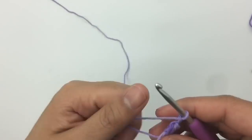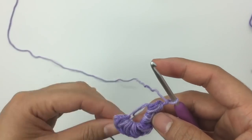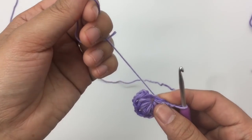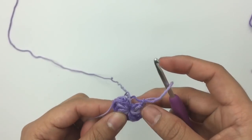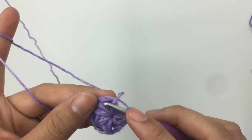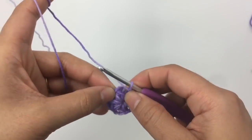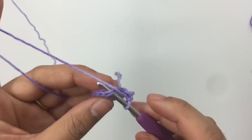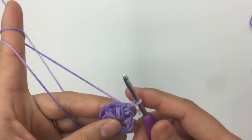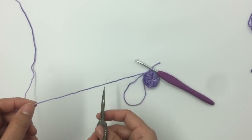All right, and now when you have 6 puff stitches into this ring space, you're gonna pull this tail tight to close up the hole, like so. There you go. And then we're gonna slip stitch on top of the first puff stitch to lock the flower, the circle. So insert the hook on top of the first puff stitch, pull up a loop and pull through, and we're done. And then we're just gonna cut the yarn, leave a little bit of tail,